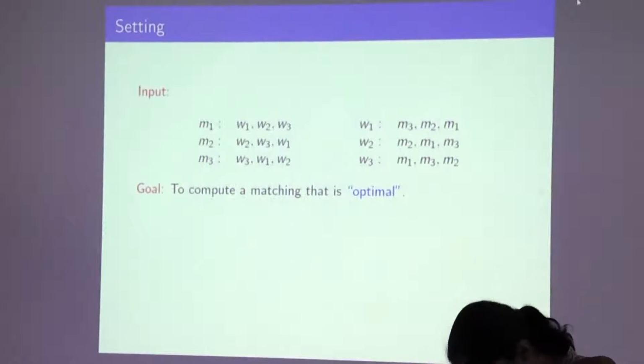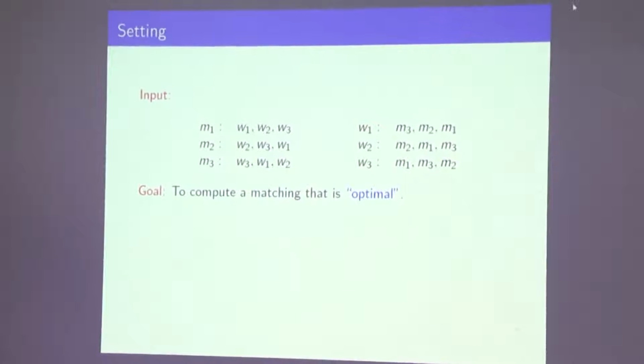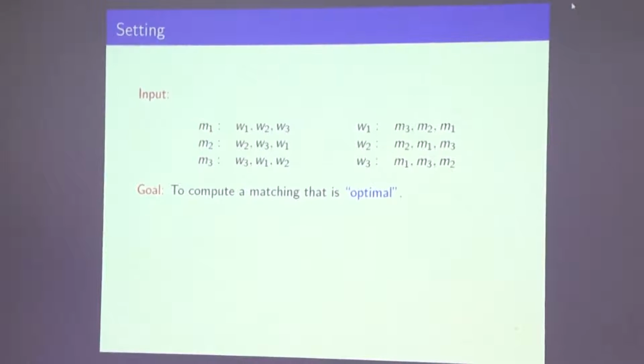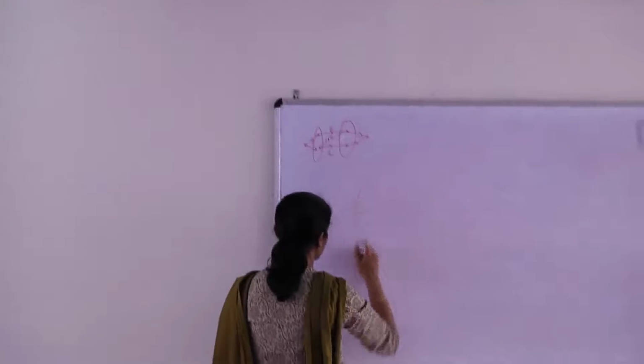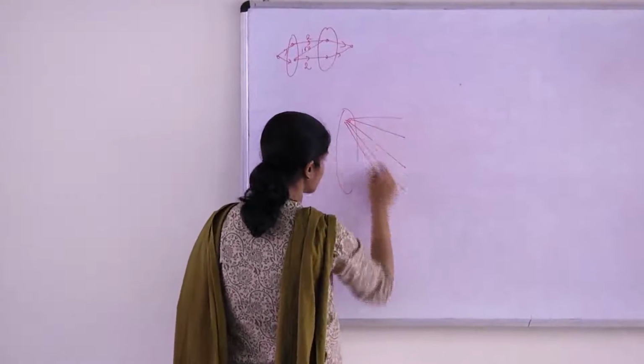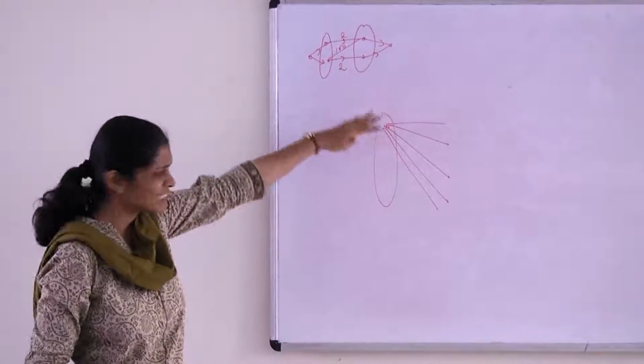So therefore, this is a very natural bipartite setting where you have men on one side, you have women on the other side, and there is no concept of edges being not present. So in fact, this man has all the edges possible to all the women here. So he indeed is okay to be matched with any woman. So this is a classical setting.